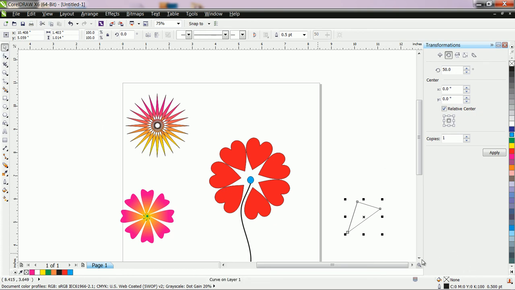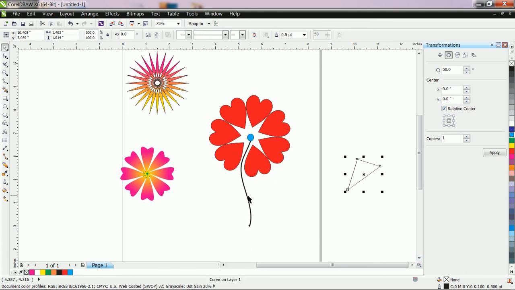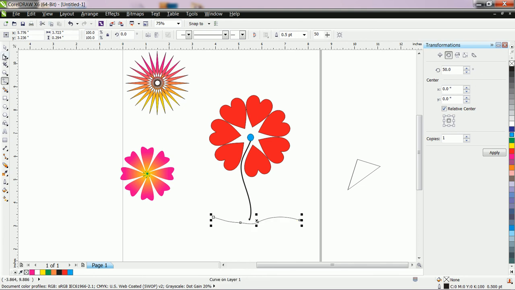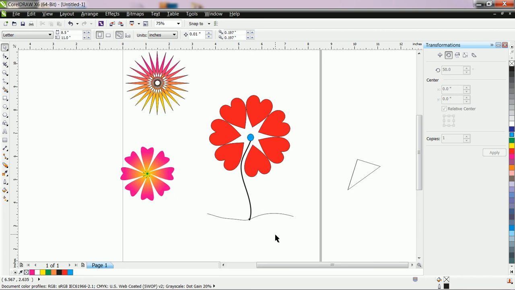Like this, you can apply your own logic. You can also edit the shape. You can also change the color of the line. Okay, like this, you can show the shape.